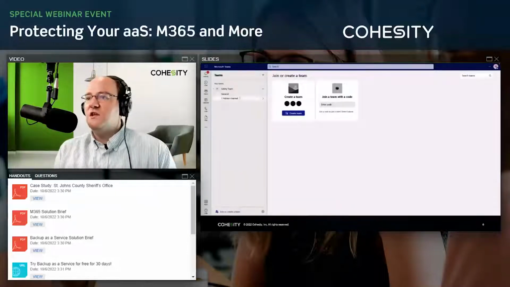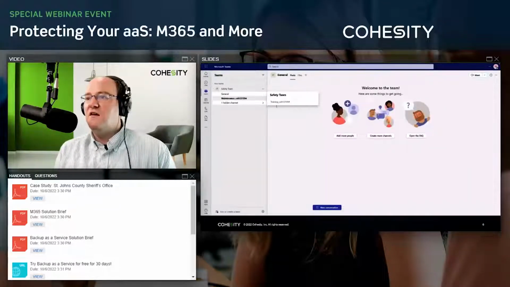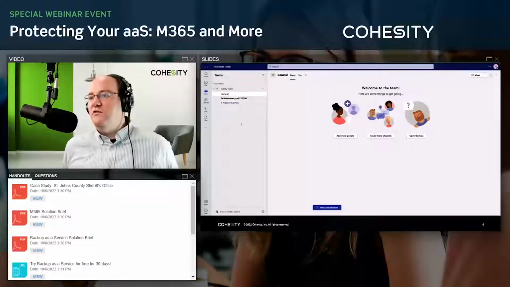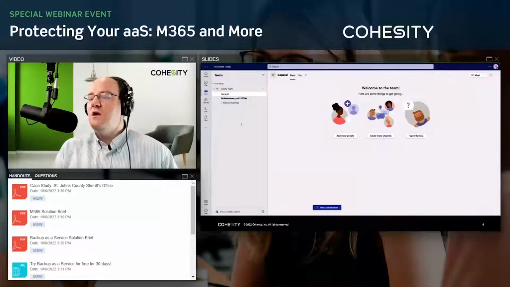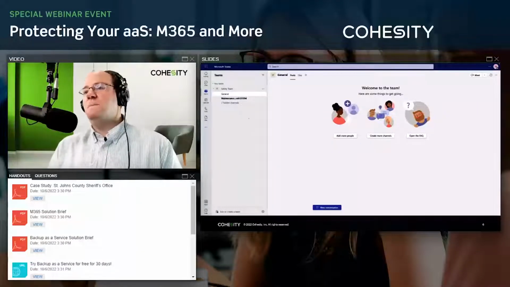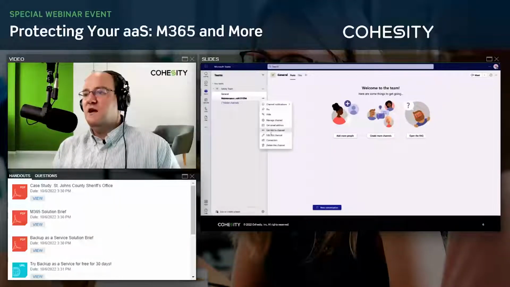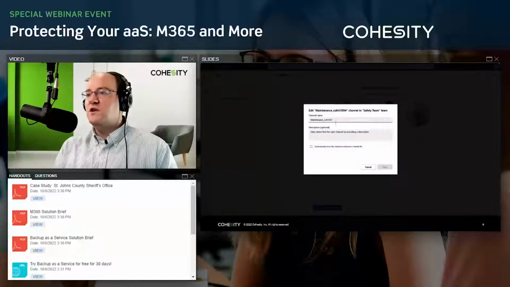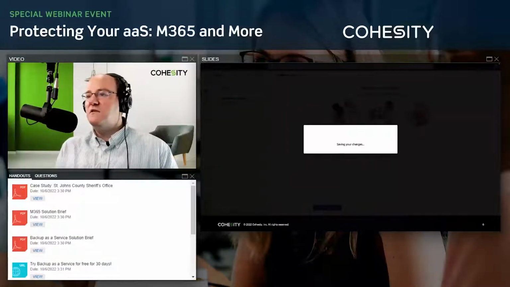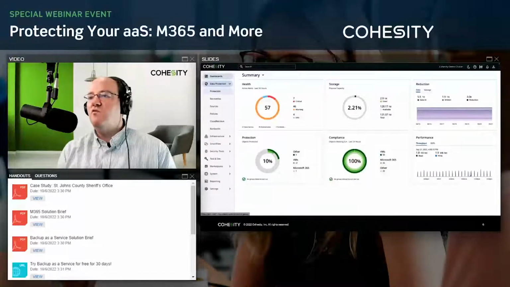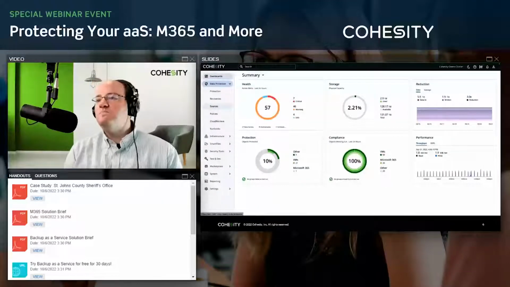So there's some of the channels inside of the system. Now keep in mind they have a COH name on them, but you can always rename the channels after the fact, which I believe we do at some particular point in this demonstration. As we wait for the rest of the channels to show back up, we can edit the channel, and there we go. We can change the channel name back to maintenance, and the name stays the same, and all the information is available for that Teams information to flood back into the system.